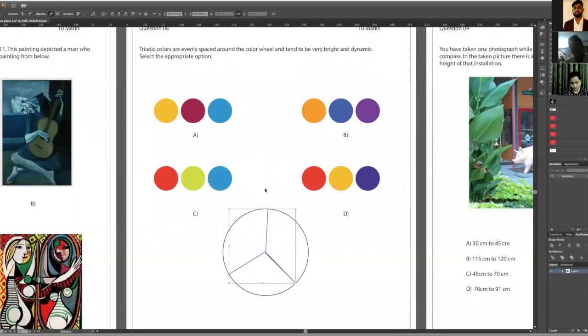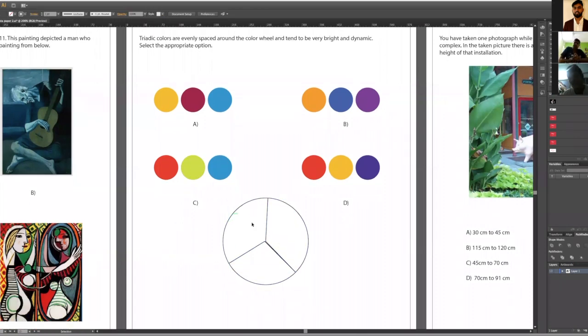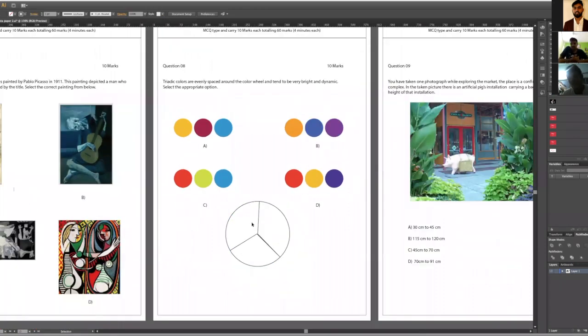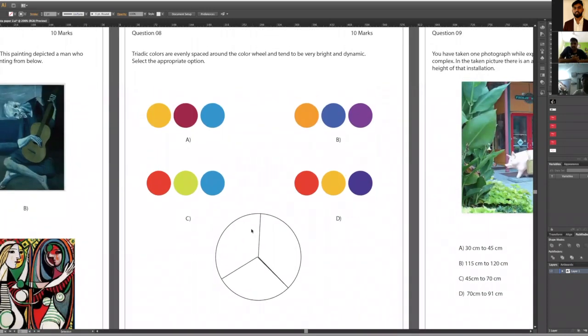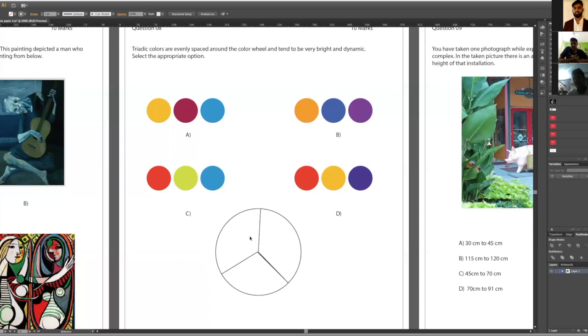Everyone knows what triadic colors are, by the way. Yes, sir, equally distant colors. Yes. So in a color wheel, you have to choose 3 colors. It could be any combination of color in a color wheel, but each color will have equal space. So if I choose blue, primary blue, let's say